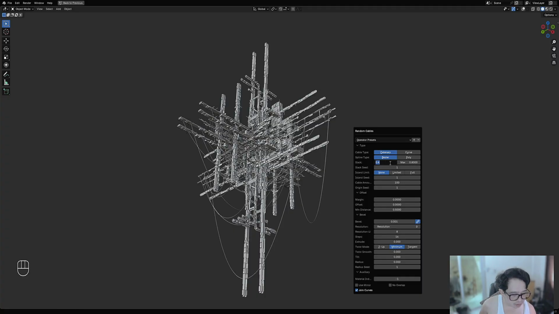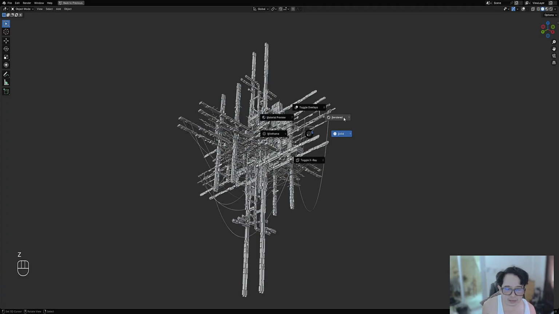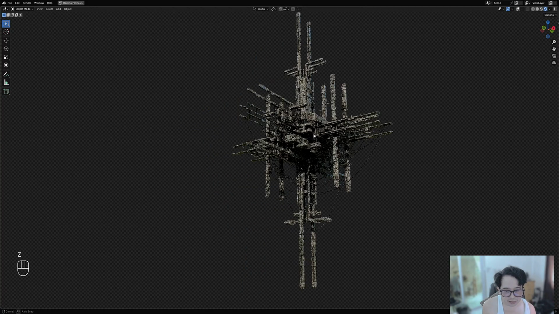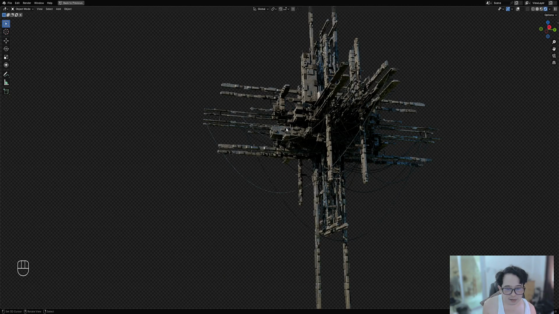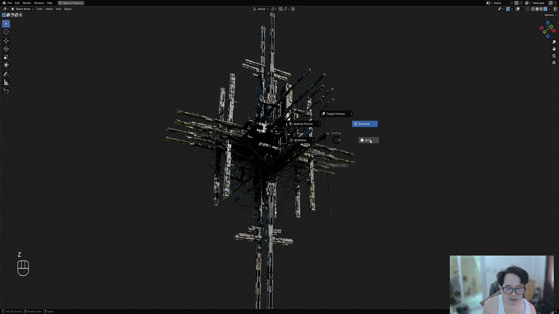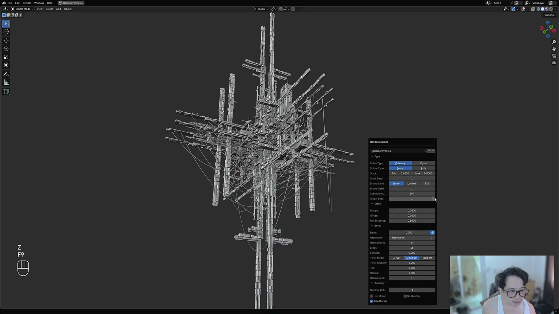So, thickness of the cable. Let me see. Something like that. And just slowly click, since everything's so slow, just use this button